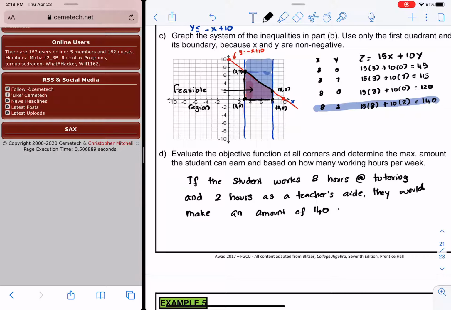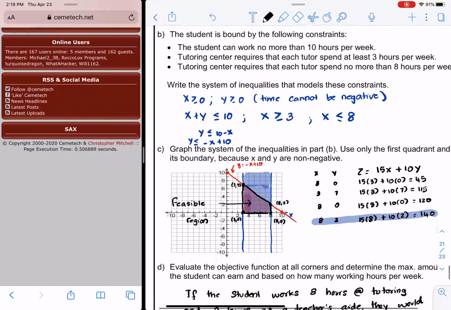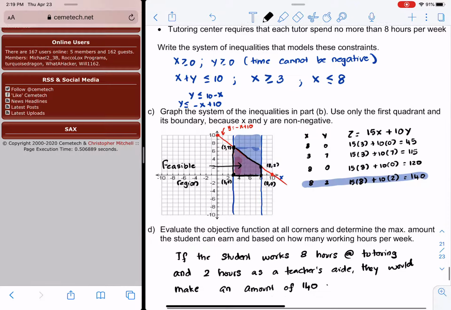So how do we know if you have the right solution? Well, they have to satisfy the constraints that you started with. So x is 8, y is 2. Is x between 3 and 8, including 3 and 8? Yes. And when you combine x plus y, is it less than or equal to 10? Well, 2 plus 8 is less than or equal to 10. And is x greater than